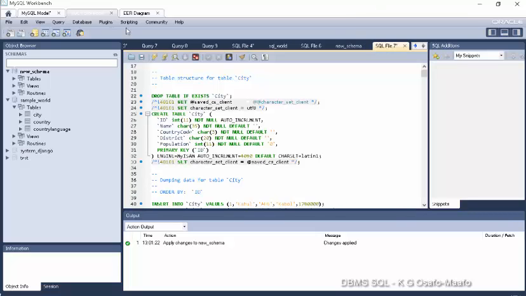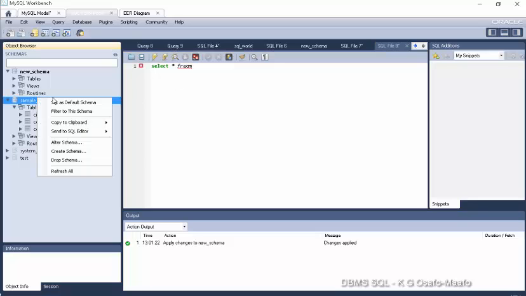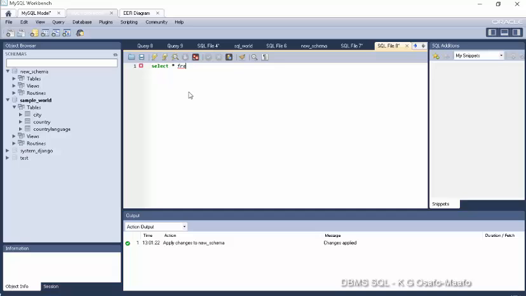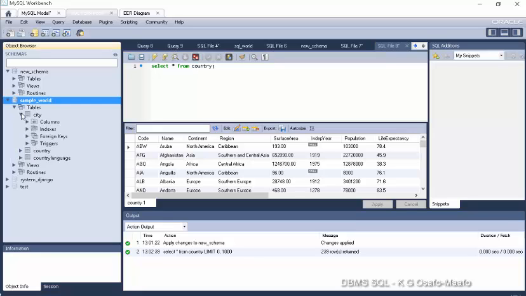So please, it's possible to write the queries right here. To write the queries and say select star from, so let me just do an example. Set as default, select star from country, do run. This is listing all the countries, right? But what I'll be doing is I'll be using,